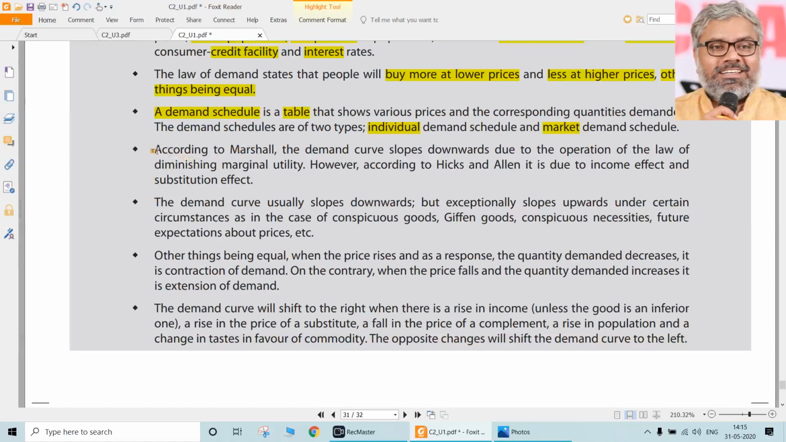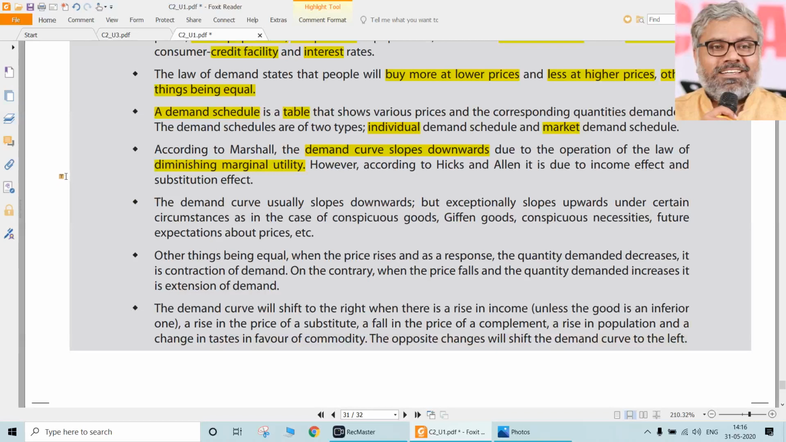And according to Marshall, the demand curve slopes downwards. Why does it happen? Simply speaking, because of the operation of law of diminishing marginal utility, which we are going to discuss in the second unit as part of consumer behavior. But at least what we know now is the theory of demand as well as the demand curve having a downward slope, sloping downwards from left to right, is indicative of what? It is indicating